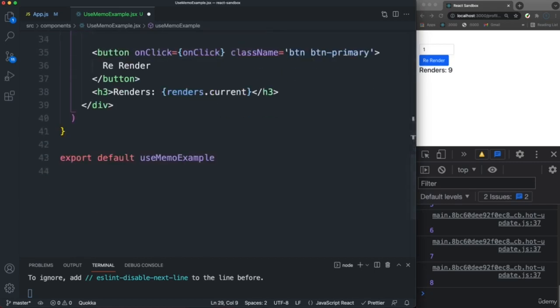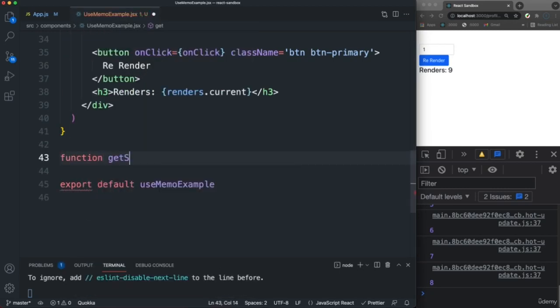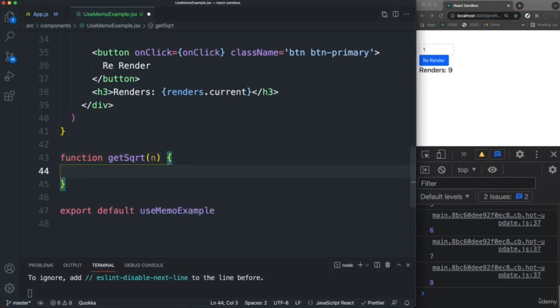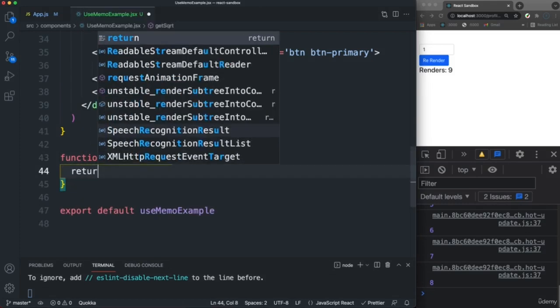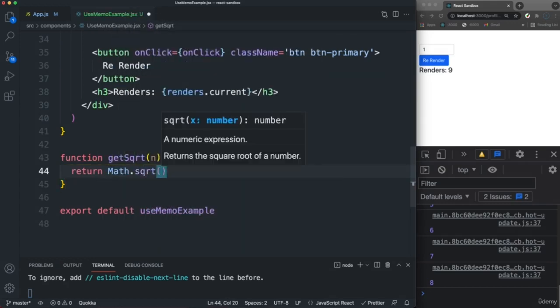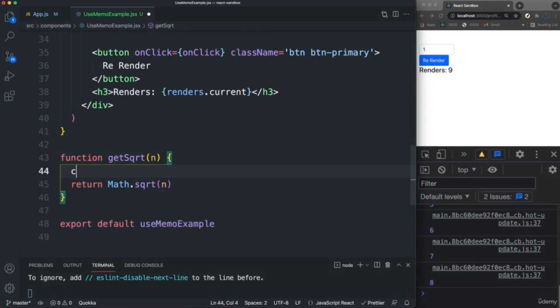And then we'll create the actual function. So let's go down here and say function getSqrt, which takes in the number. And to actually return the square root, really easy, we're just going to use Math.sqrt and then pass in the number. However, I also want to add in here a console log. So in here we'll say expensive function